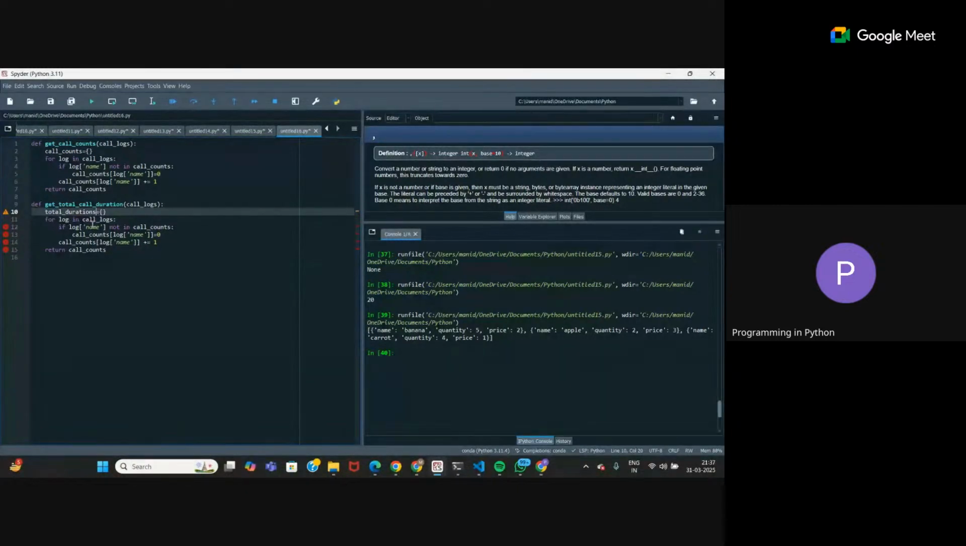Okay, now for every log in call logs, the keys here are also the same log name, but the value is what? The duration, summation of durations for each name. So if it is not in the dictionary we are creating now, that is total durations, if the current log name is not a key here,